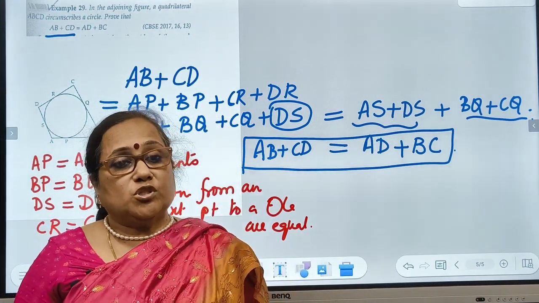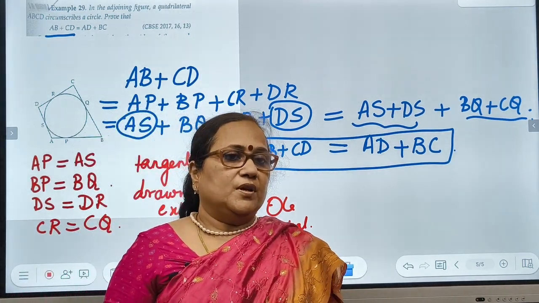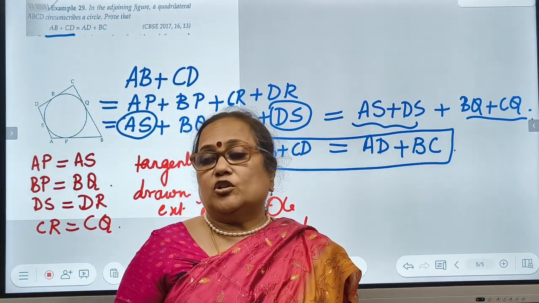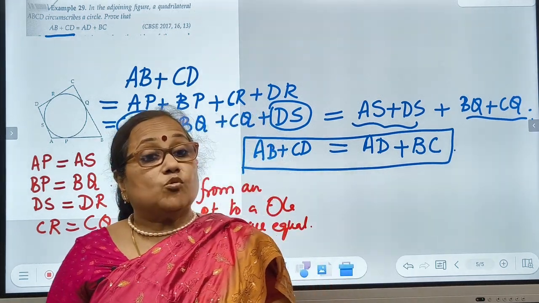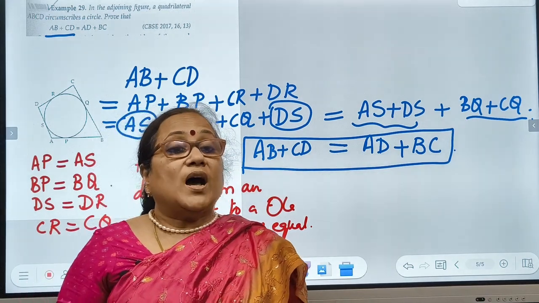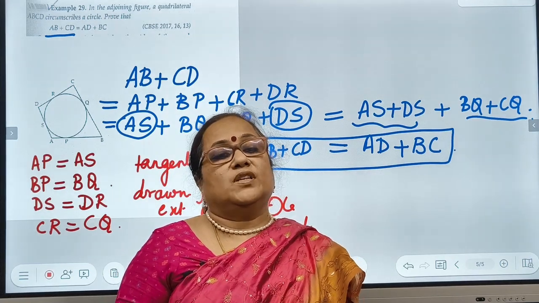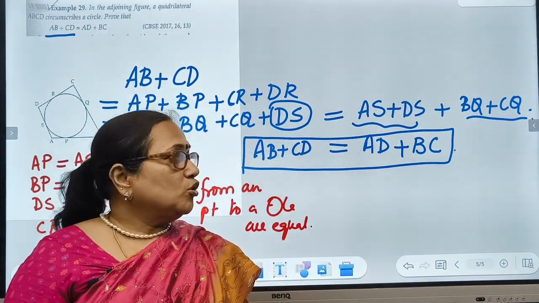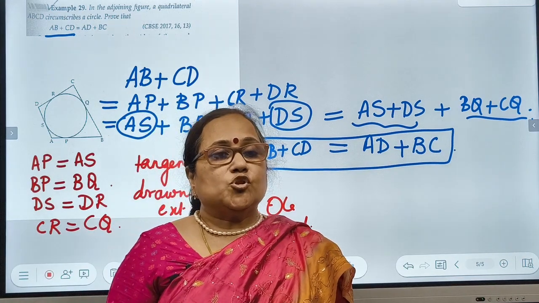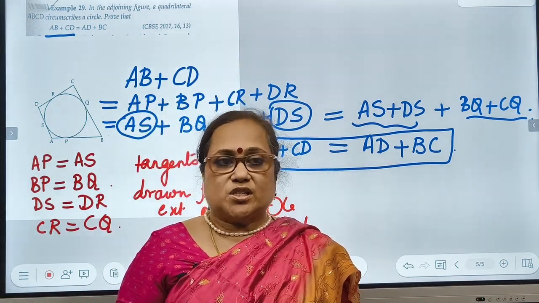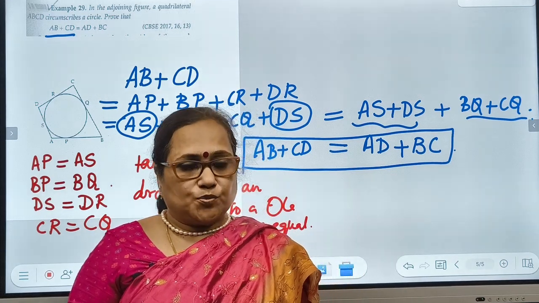In the previous sums we used Pythagoras theorem. For example, we also used that the radius is perpendicular to the tangent. We identified a square in one of the problems. So other features of geometrical concepts are also used to solve these problems. So please go through them carefully, and I am sure that you would have understood how to resolve such problems